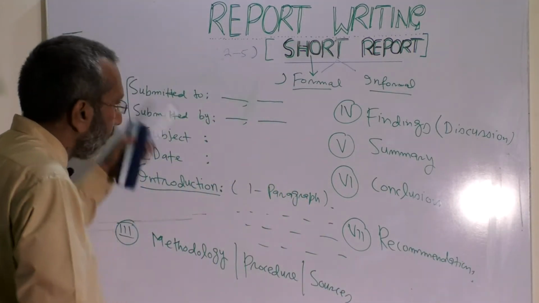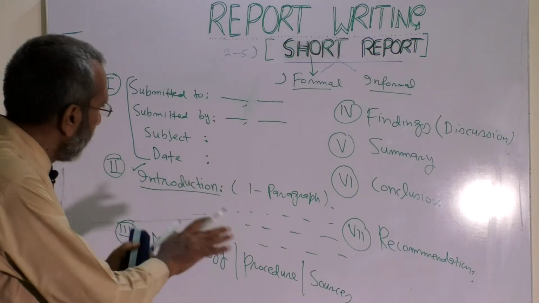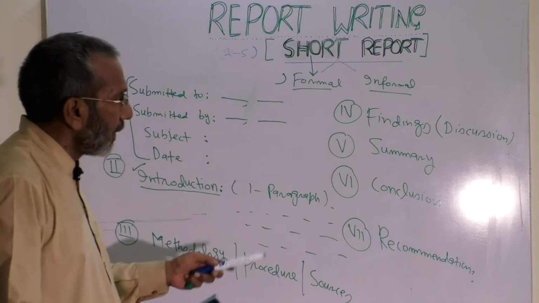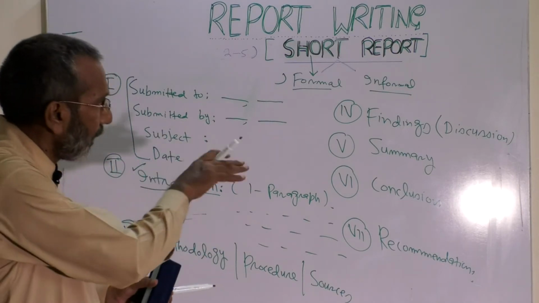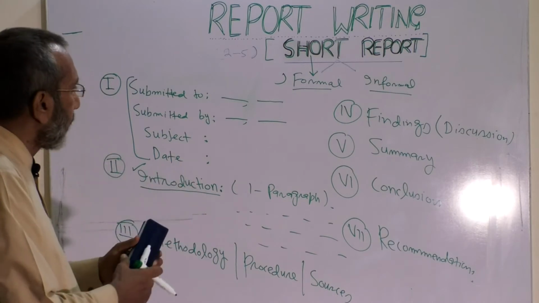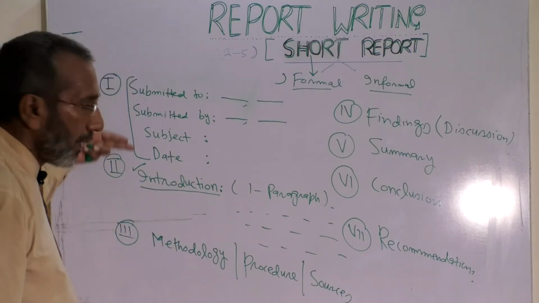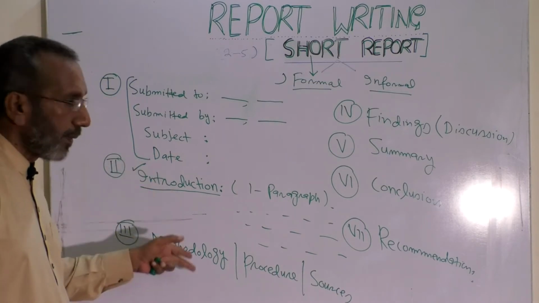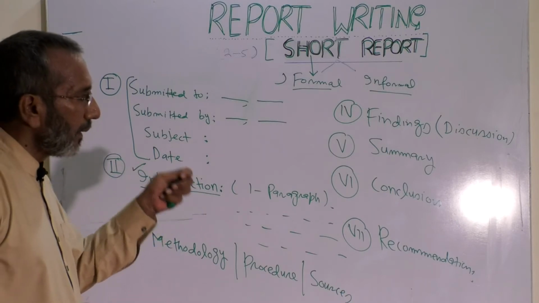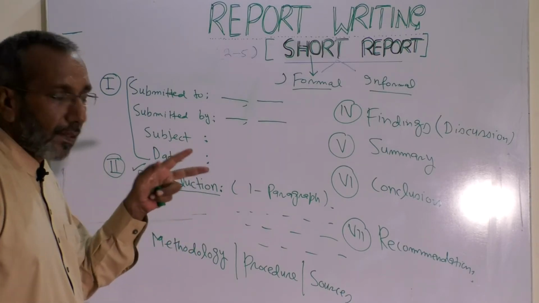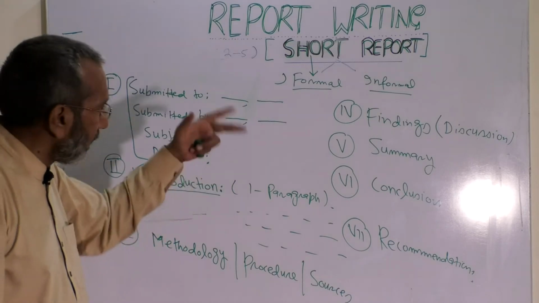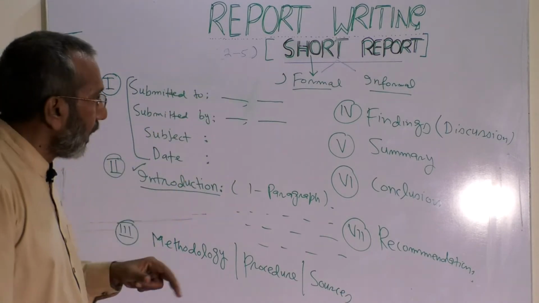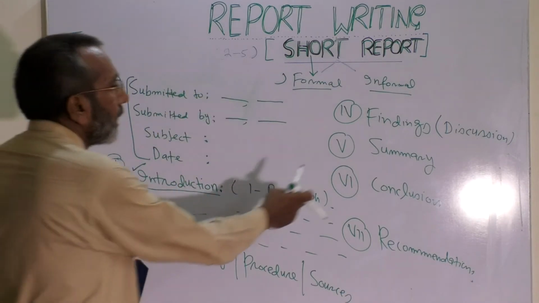If you stick to this format, you can get half of the marks. But in practical life, these things are not that important. The main thing is what you have actually written in that. So these are the basic parts. Mention these things at the extreme left: first introduction, then methodology, then findings, then summary, then conclusion, and then recommendation. This is the sequence. But the main thing is what's actually meant by all these, and whether we have to write this thing or not.